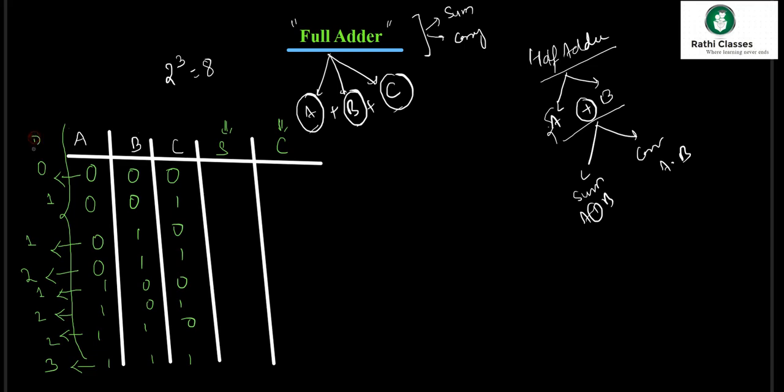Whatever the decimal number I got, I will represent it in the form of a binary number. What is 0? In binary it is 0 0, 1 is 0 1, 1 is 0 1, 2 is 1 0, 1 is 0 1, 2 is 1 0, 2 is 1 0 and 3 is 1 1. The result obtained, I am converting the decimal into a 2-bit binary number. Reason, because the outputs are 2, that is sum and carry. So the MSB, the most significant bit, will be carry and the least significant bit is sum.